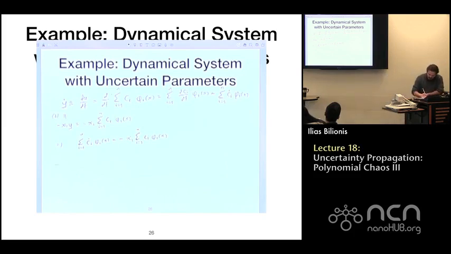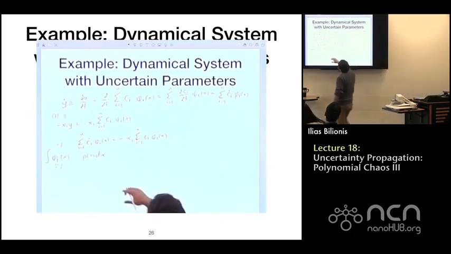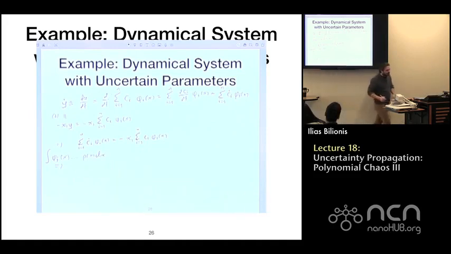So what you do is you multiply with phi j of x and you integrate over the probability density of x. When you do that, the integral goes inside, so you get ci dot times the integral of phi i of x, phi j of x, p(x) dx,